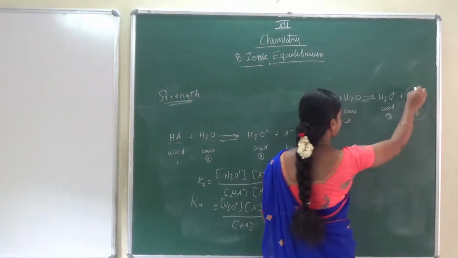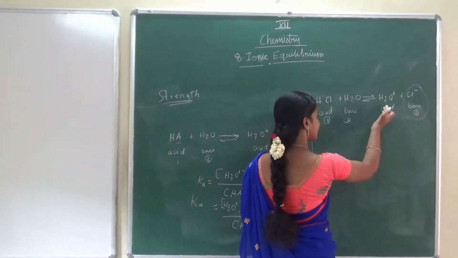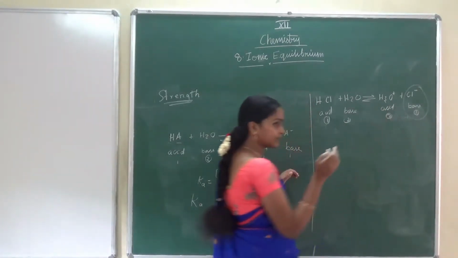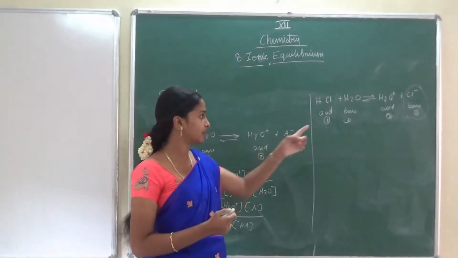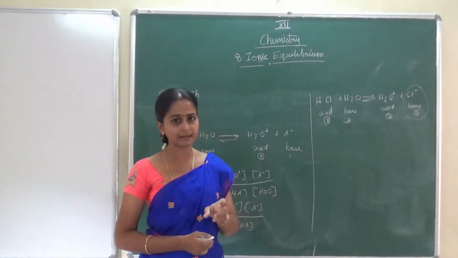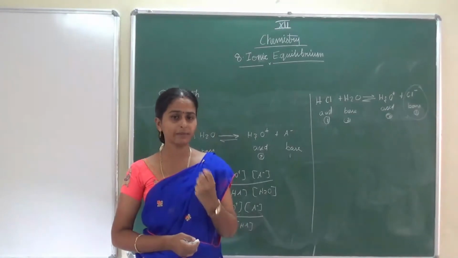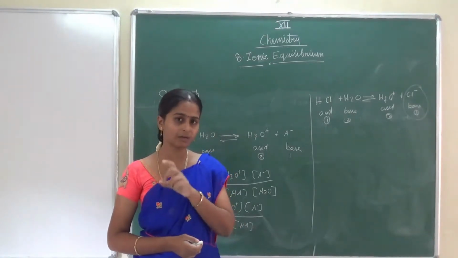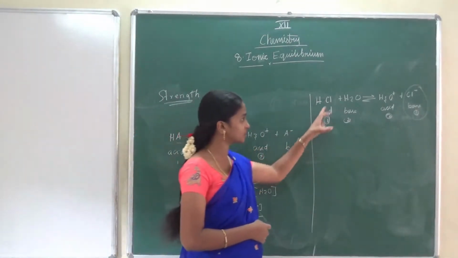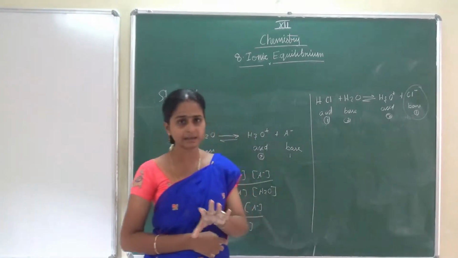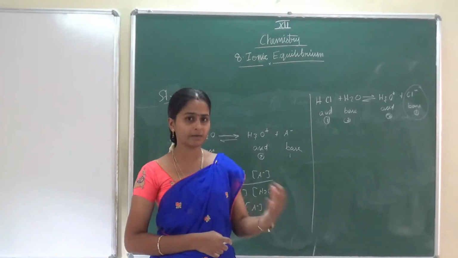Now the Cl minus, it is a reverse reaction. It will accept the H plus from this water, but the tendency is very less. So accepting H plus for Cl minus is very less. Only those that accept H plus easily can act as a strong base. But here the conjugate base which is coming from the strong acid has less tendency to accept the H plus from the solvent or from any compound.